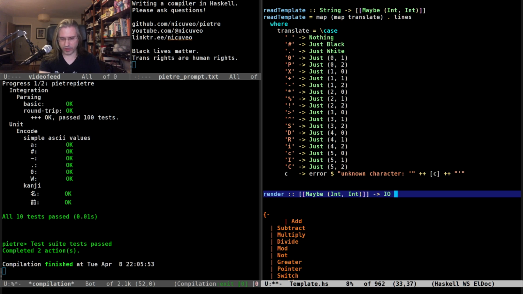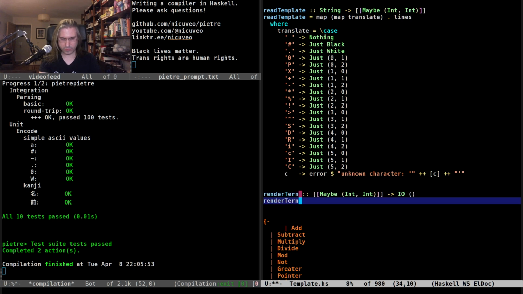That does an IO action and prints something in the command line.